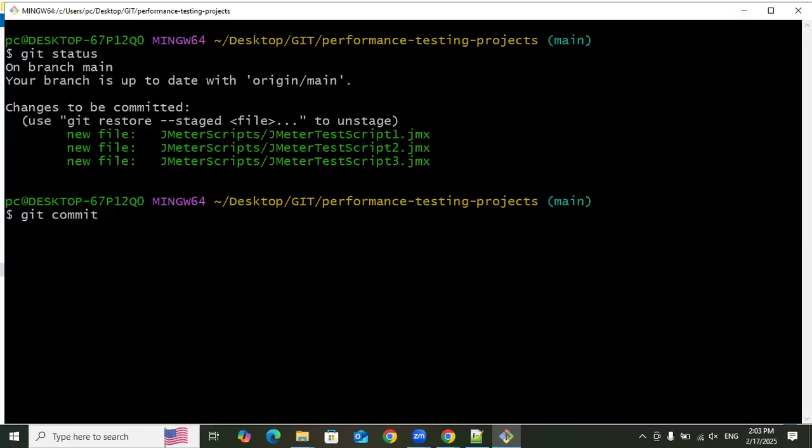For that purpose, we need to add a flag called -m over here. This flag allows you to add a commit message, and after the flag you need to give the commit message here. So for now I am giving the commit message as "added JMeter scripts", which should be understandable. And once after giving the commit message, then just press